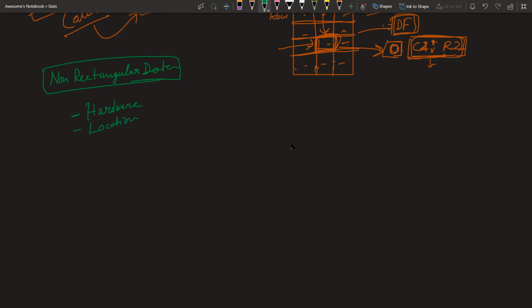So let's say latitude and longitude. That value is also location based, so that is non-rectangular data. What are the others?